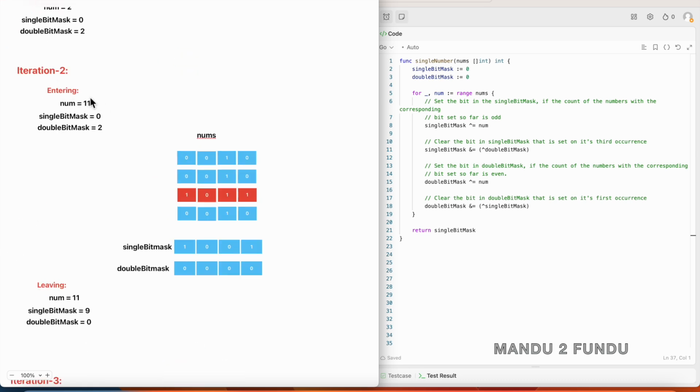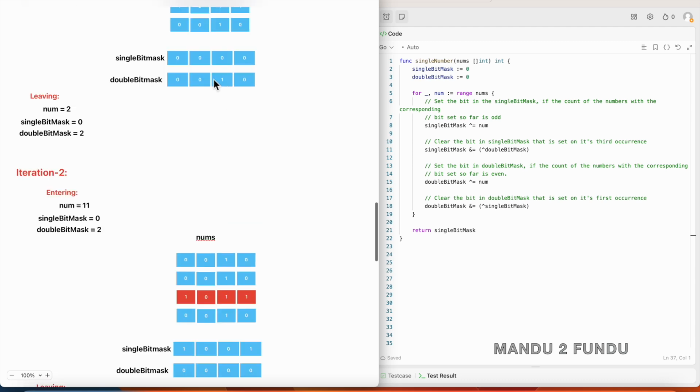In the iteration 2, we process the number 11. Okay. So here we perform the exclusive OR operation with the current value of the single bit mask. So 1011 exclusive OR 0 will give 1011. Okay. And then we AND the single bit mask value with the negated value of double bit mask. Then the double bit mask has value 2. So the negated value will be